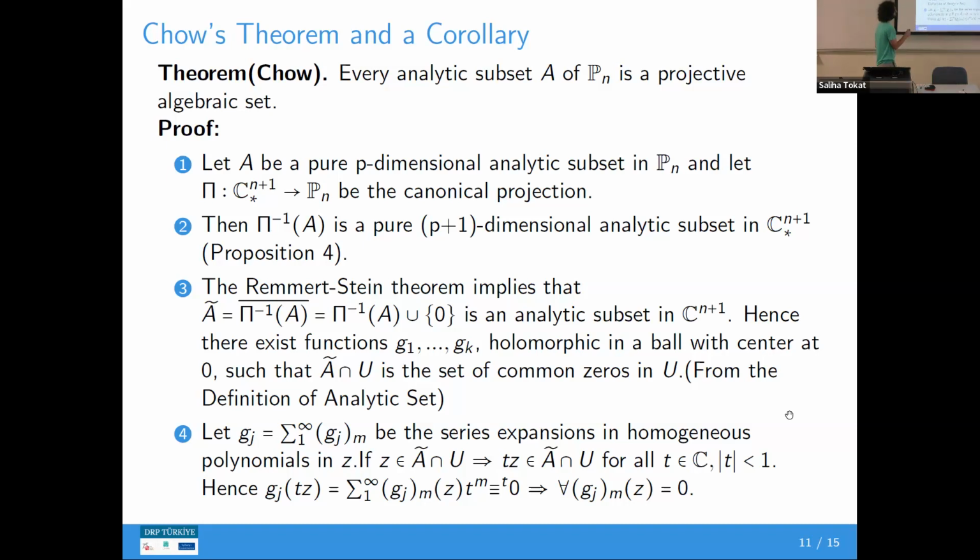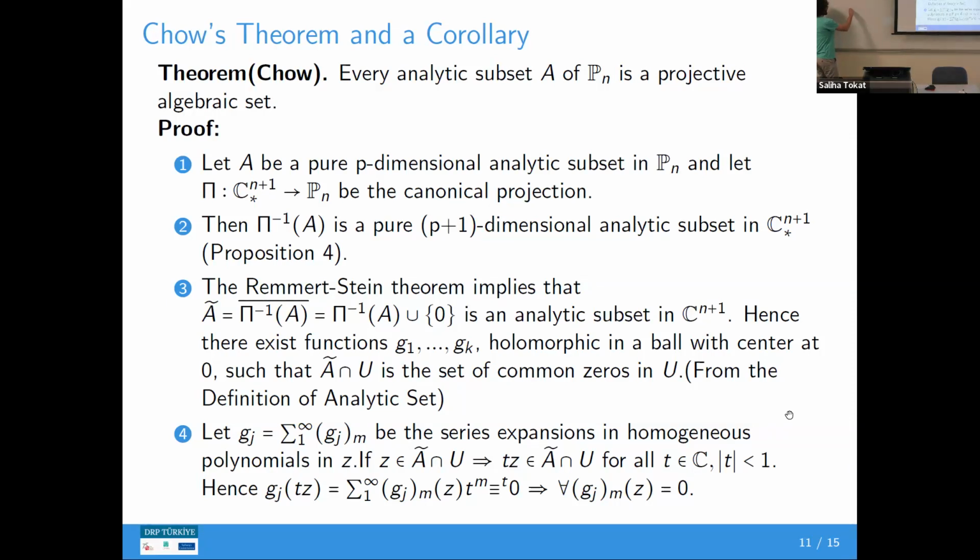We can use the Remmert-Stein theorem. Actually, this part is wrong. I need to correct that part. Yeah, we are in C^(n+1), and we don't have 0. This is the point 0. Okay, and we have